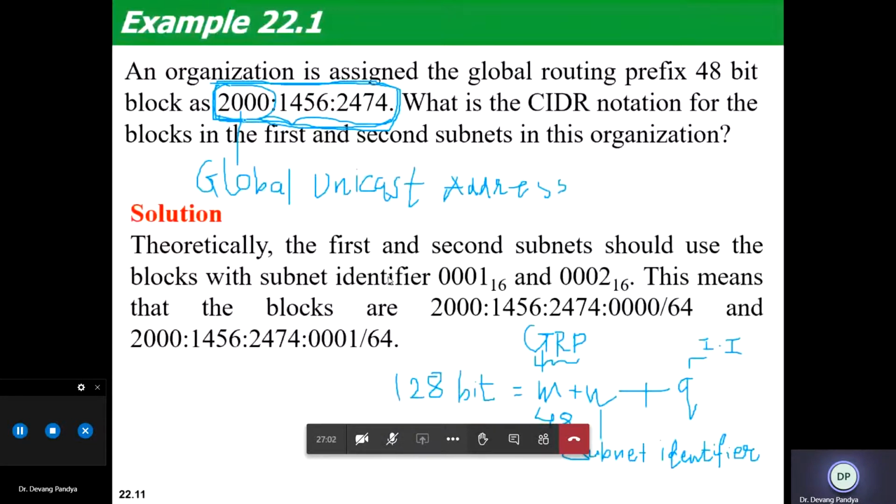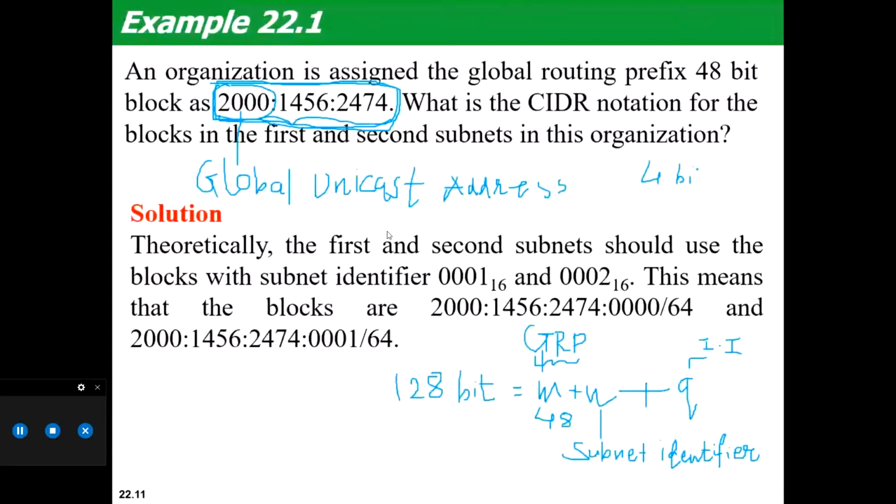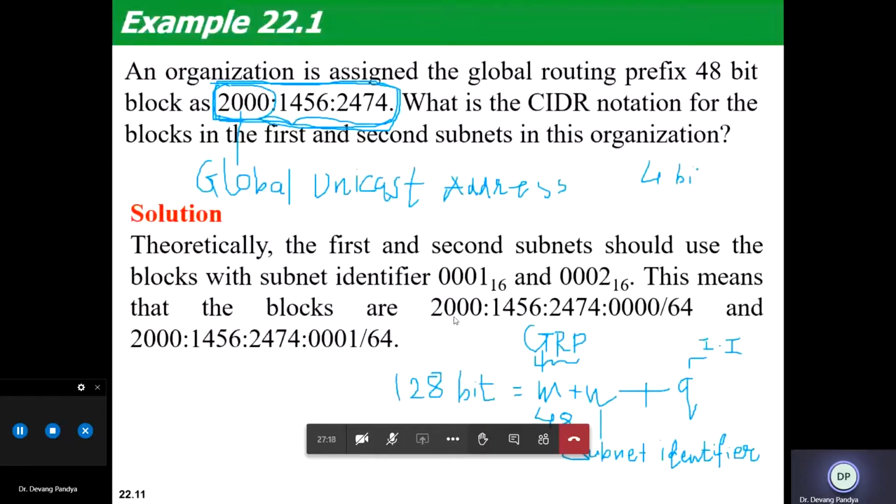And each digit is of 4 bits. This is hex notation, ये पूरा hex notation है. IP version 6 most generally uses hex notation. Remember that it is hex notation, so one digit is 4 bits. Do not forget.